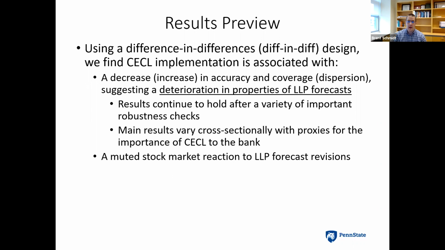And what we find in those results is that there is a slight reversal of our dispersion result. If you look at 2021, the increase in dispersion is a little bit lower than it is in 2020. But it's still there, so we still see more dispersion in 2021, later in our post period. But we don't see any difference in accuracy or coverage in 2021 versus 2020. So not only do we continue to find those results, but they're not statistically different across those time periods.